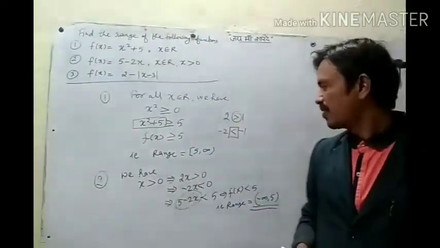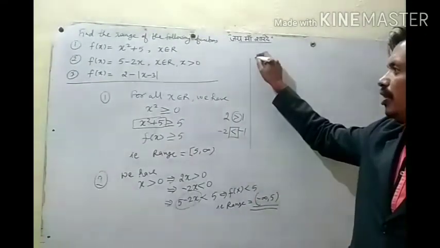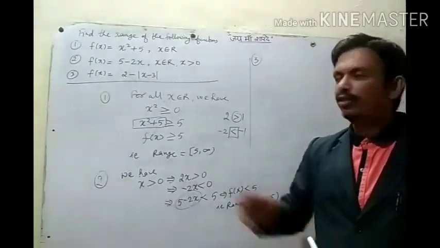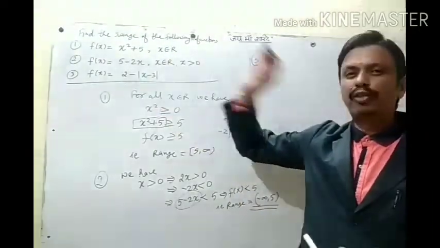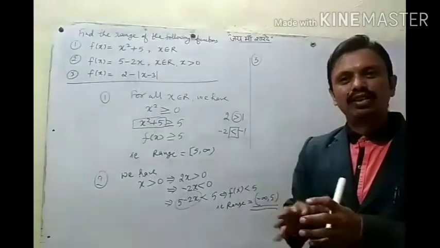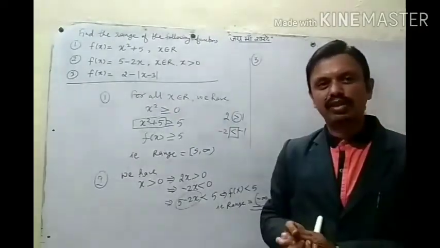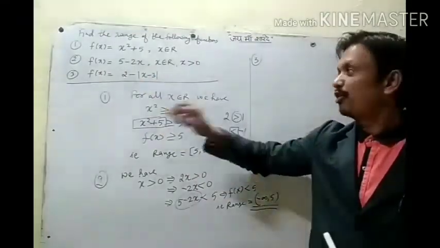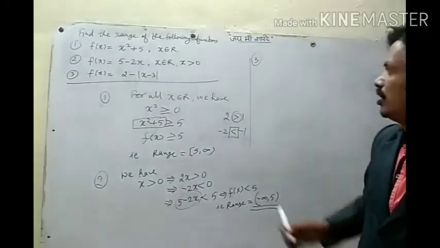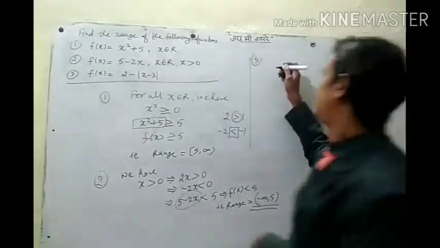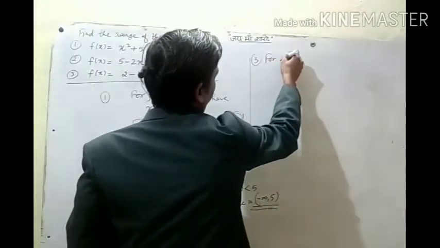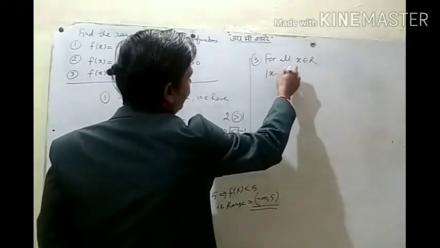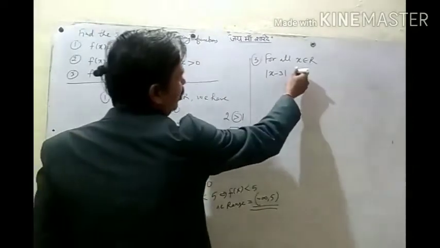Check. Now in the third question, 2 minus mod of x minus 3. We have seen the previous examples, mod of x minus 3, x minus 2. So their domain is the set of real numbers. So the domain for this function is the set of real numbers. So what will be its range? For every x, for all x belonging to R, mod of x minus 3 will be more than 0